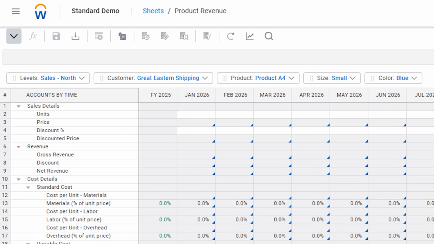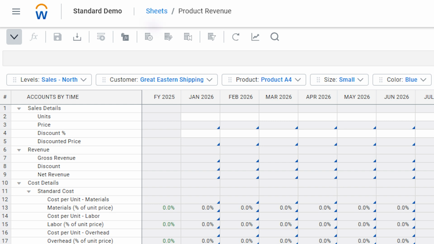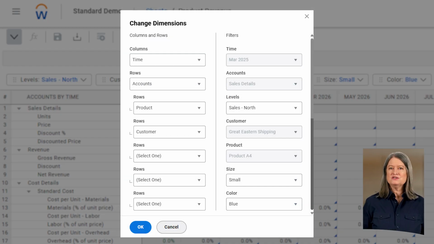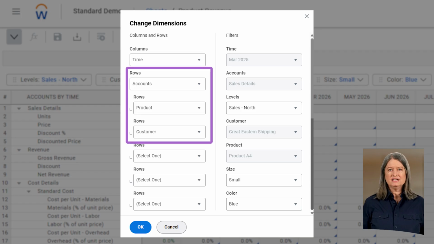The Cube Sheet toolbar is similar to the Standard Sheet toolbar, except for 2 unique options: change dimensions and swap columns and rows. The columns and rows on a cube sheet aren't fixed. You can select the Change Dimensions icon to change the column element and to stack additional elements onto the rows. Changing dimensions also lets you change multiple elements at once. For example, adding product and customer below account will stack all product values below each account and all customer values